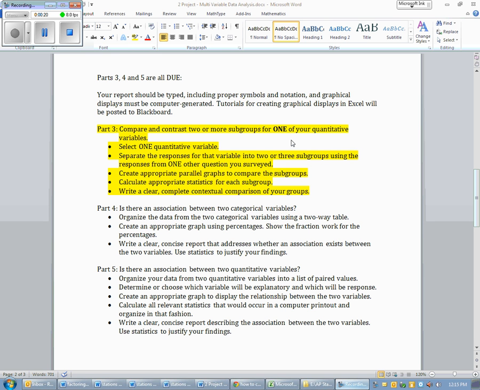You're asked to select one of your quantitative variables and then separate the responses for that variable into 2 or 3 subgroups using responses from one other question you surveyed. And then you're asked to create appropriate parallel graphs to compare each subgroup, and then to calculate appropriate statistics for each subgroup, and then to write a clear, complete contextual comparison of your